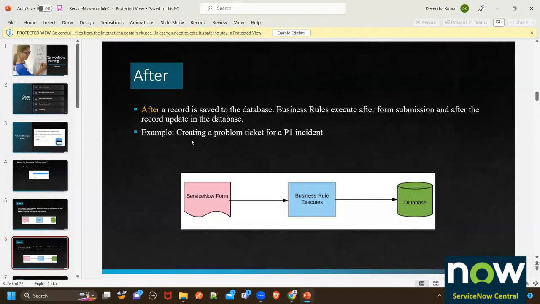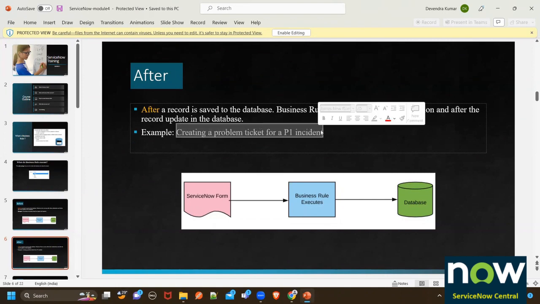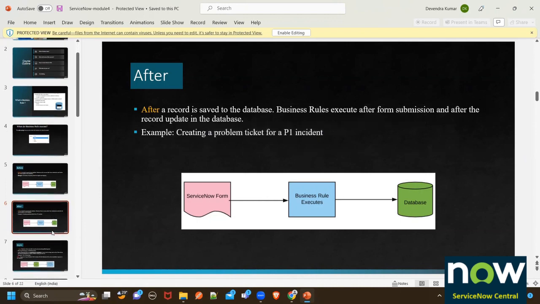Okay, so one classic example is creating a problem ticket for P1. After a P1 ticket is created, after it is created, not before, after it is created within the system, you want to create a problem ticket for that P1, then you will be using after business rule. Okay,